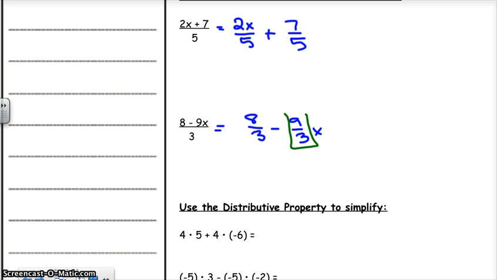This 9 over 3 can be simplified, because I know what 9 over 3 is. 8/3 I just leave. I don't really know what else that is. But I do know that this turns into 3. And that's the purpose behind it. The purpose behind it is usually when you break things up, you'll have some form of